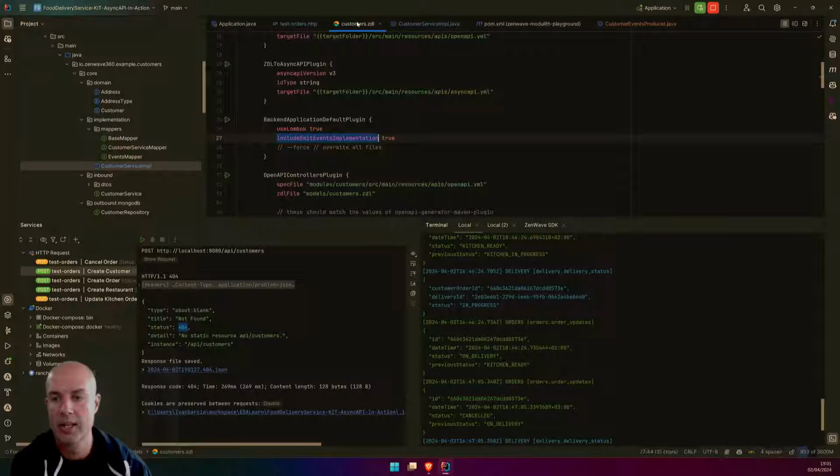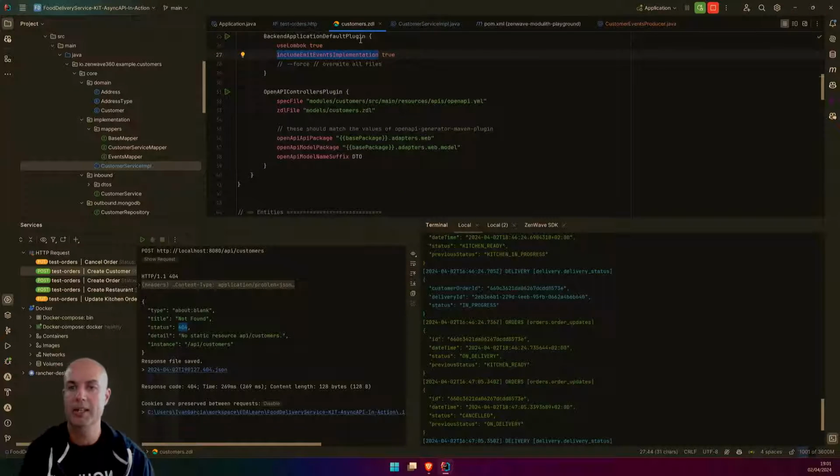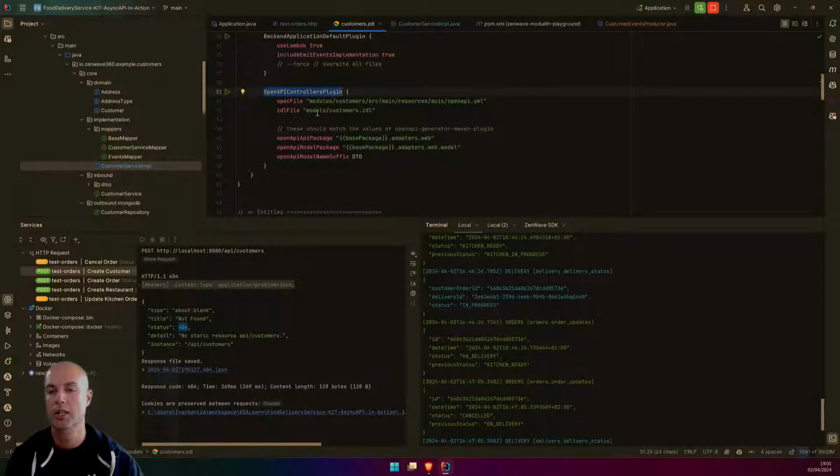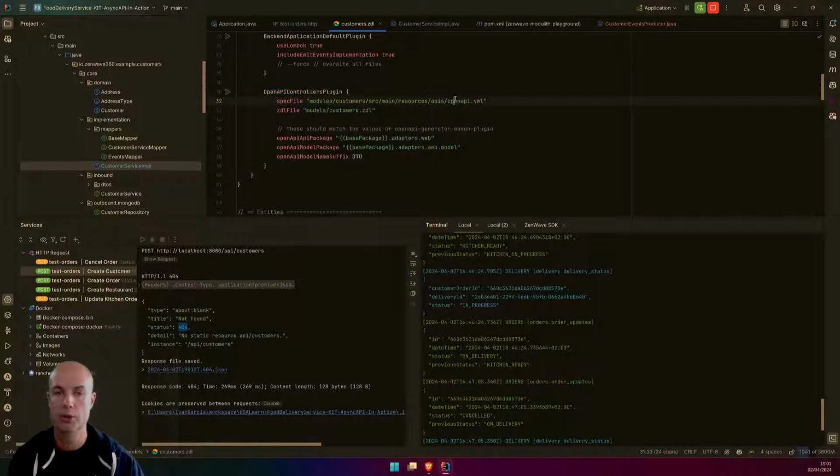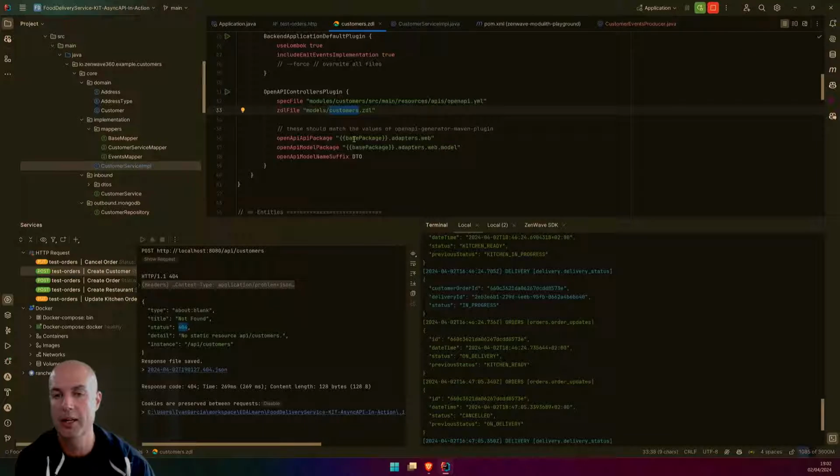So here in the blueprint, we are going to use this other command to generate an OpenAPI controller using the information of this OpenAPI file mixed with the ZDL blueprint.